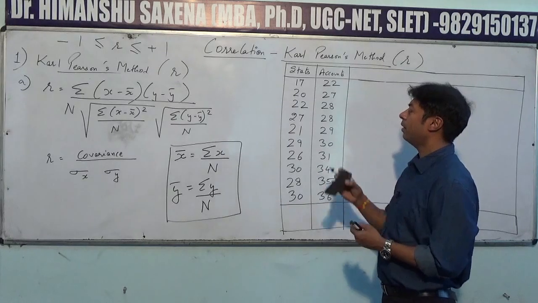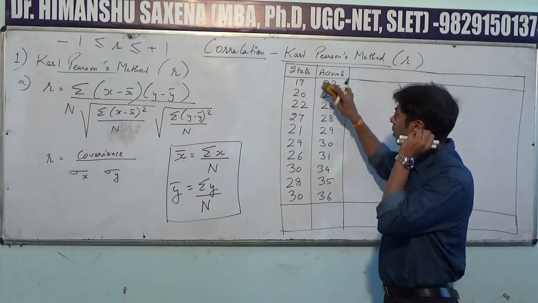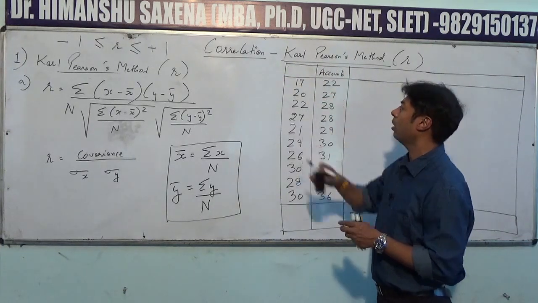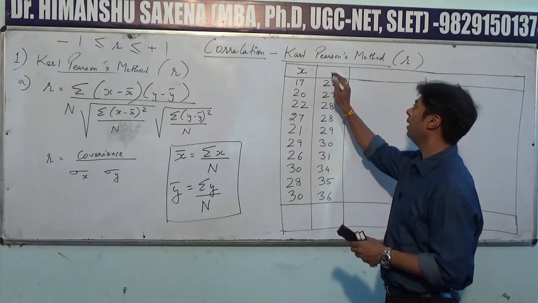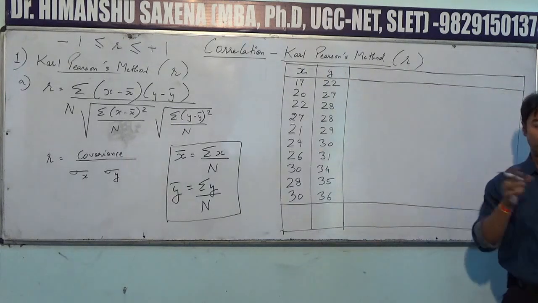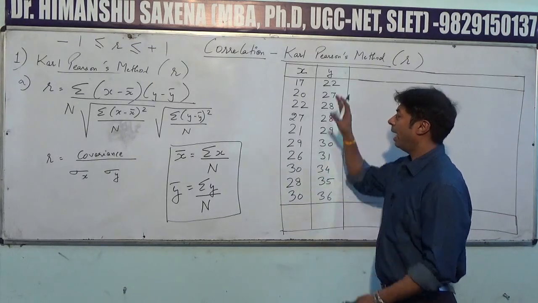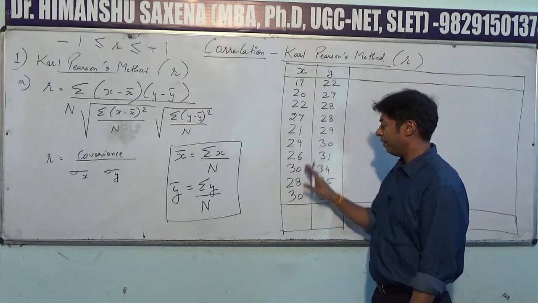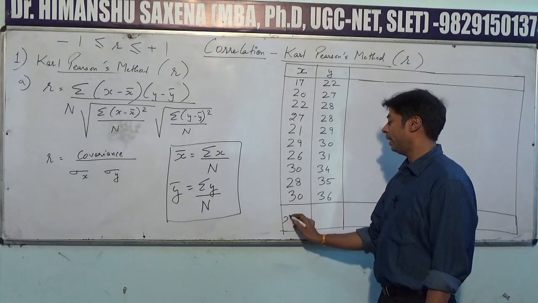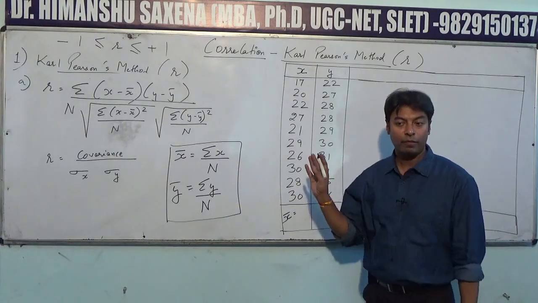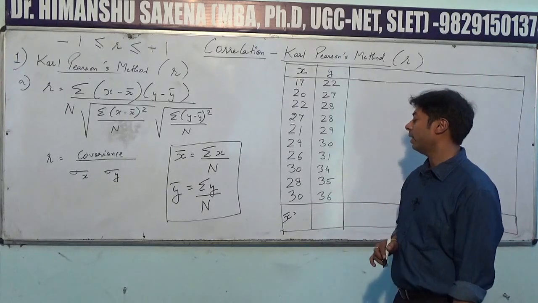Now let us denote, if we are finding out the correlation between the marks of statistics and accounts. So what do we do? We are going to denote the first column by x, and we will denote the second column by y. So our task will be to firstly denote the first column by x and the second column by y. Now adding up all the values of x and dividing by their number, which is equal to 10. So the value of x bar will be the sum of all the values of the x series divided by the number of observations, that is 10. So calculate the value of x bar over here.